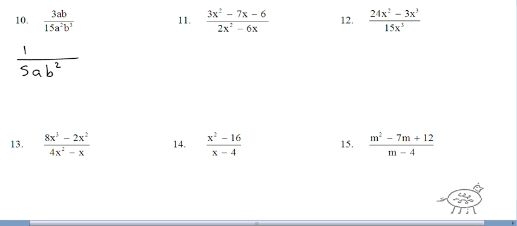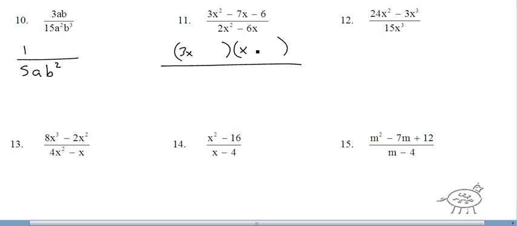Okay, the next group of problems, I'll tell you, whenever you see a plus or minus, math fans, you have to factor. It's almost 100% chance that you have to factor if you see pluses and minuses with x's and x squareds and whatnot. Okay, I can't stress that enough. So right away, I'm going to look at the top, and I can factor the top, and I can factor the bottom. Okay, the top factors to 3x and x, and again, you got to think of your combinations here, but it's going to be,